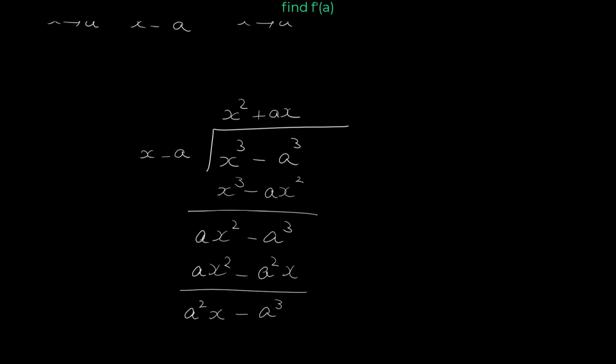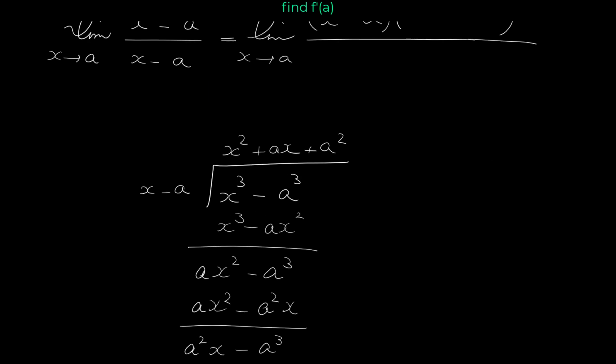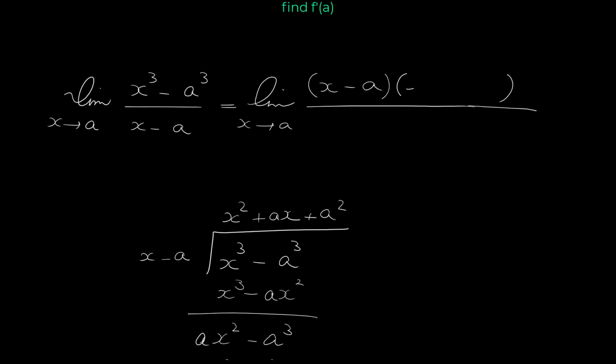Divide a to the 2x by x, it would be a to the 2. If you multiply, it would be a to the 2x minus a to the 3, and if you subtract, the remainder is 0. Now this is the other factor that we look for, x to the 2